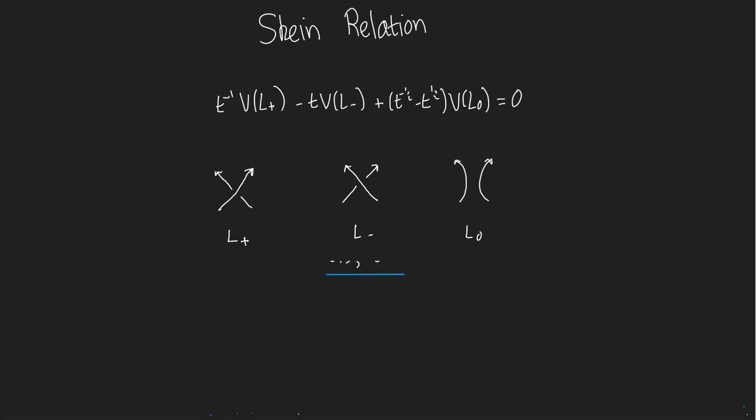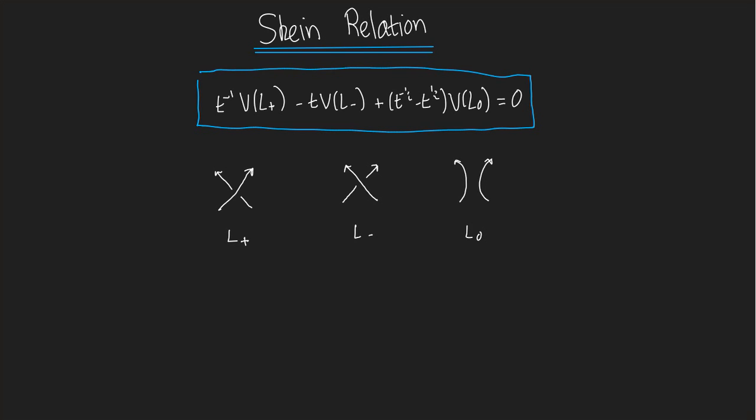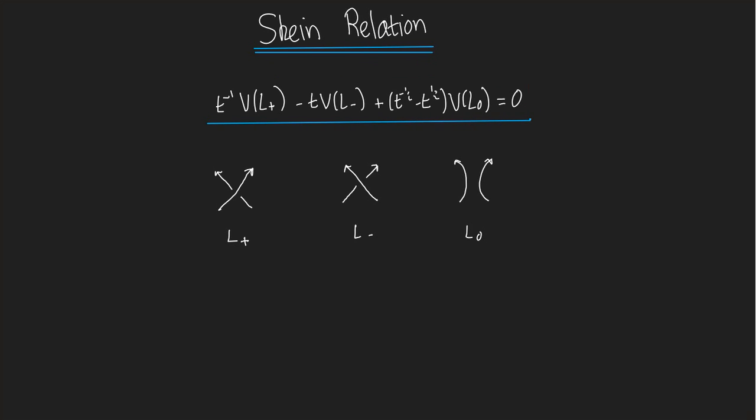So, remember, what did the skein relation tell us? The skein relation is this equation right here. Apparently my rectangle drawing wasn't good enough. It's this relation here. What it does is it tells us that there's a relation between the Jones polynomial of